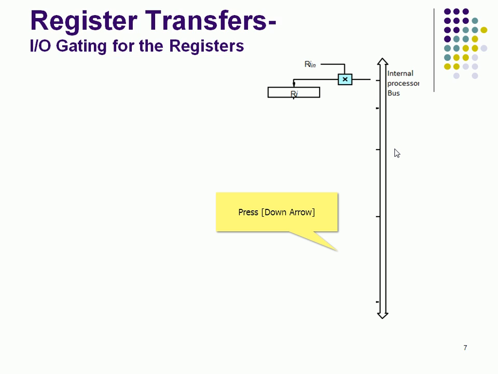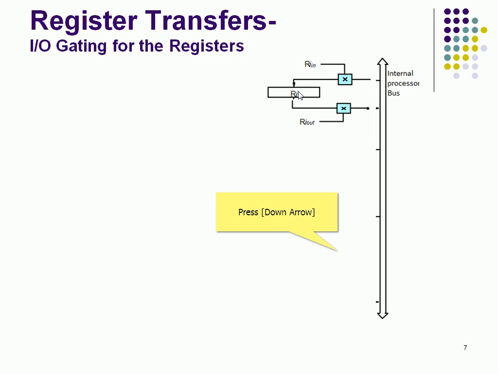If Ri in is enabled, the data in the bus, which is produced from some other registers or arithmetic operations, will be brought to Ri because this gate is open. Since the gate is open, the data will rush automatically into the Ri register. If it is disabled, then no data will enter into Ri. That's all. Similarly, if the contents of Ri you want to send to somebody or put onto the bus,